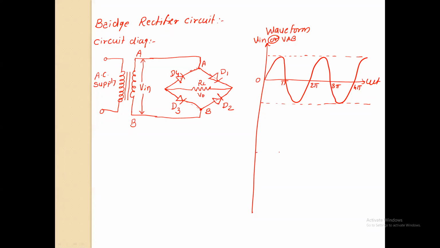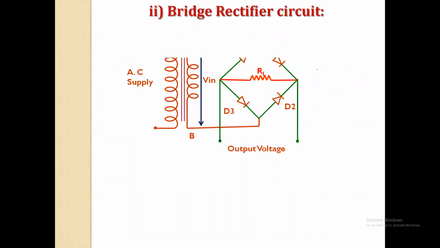Is it clear? And now we will see what type of output voltage we get due to this bridge. And this output voltage, you know, we always measure across the load resistor. Is it right? And then let me try to explain how this circuit works in two parts. The first part is how the circuit works for every positive half cycle, and how the circuit works for every negative half cycle. Get my point? Now before that, please see the circuit diagram. Is it right?